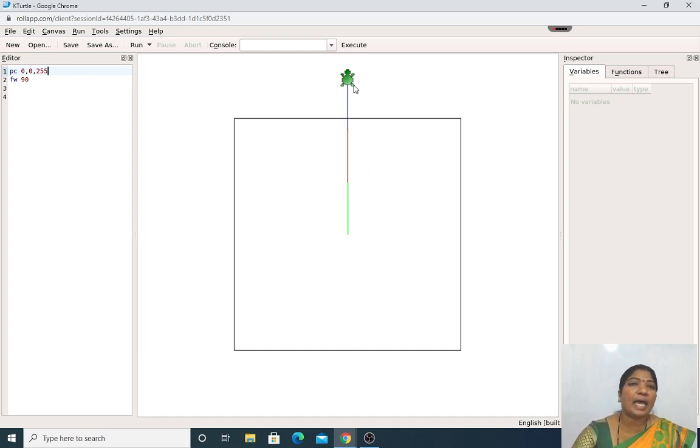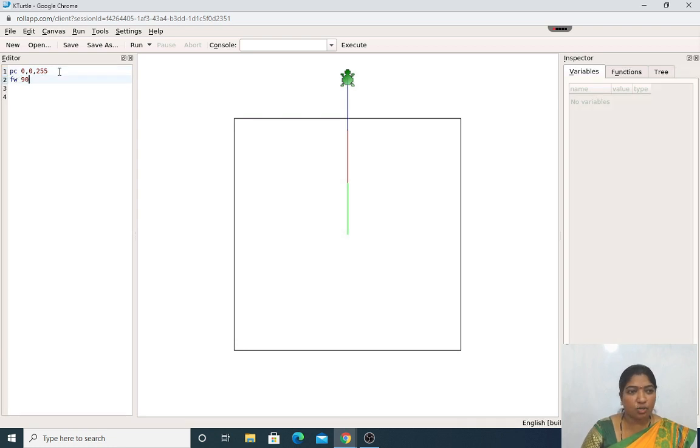This is nothing but the pen color. What is this blue color, red color and then green color? That is the color of the pen. This is the pen color command. We can make use of this in the canvas option. Let us see what actually happens when we use the color picker option. There are certain commands used on page number 58, like black 0, 0, 0. If I want white, I will make use of 255, 255, 255. Let us see here, my dear students.